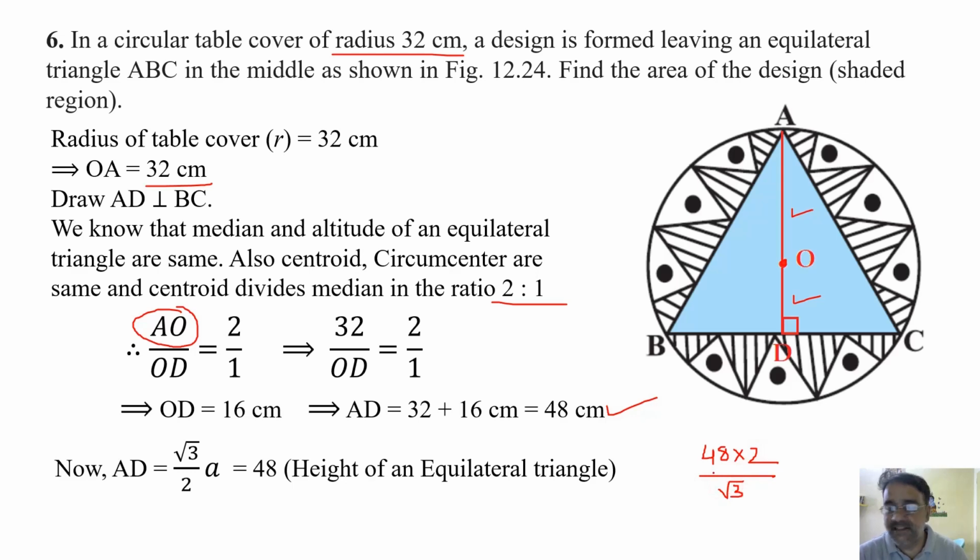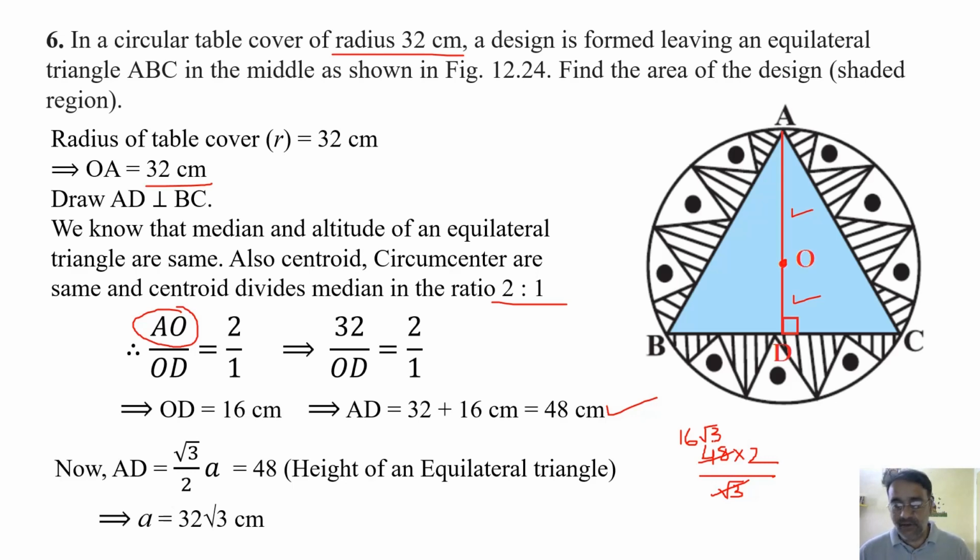ओके, 48 16 into 3 होता है. अगर हम लोग √3 से डिवाइड करेंगे तो we'll get 16 √3. So 16 √3 into 2. Otherwise you can rationalize also. ये डायरेक्ट करने का मेथड है. So we'll get a is equals to 32 √3 centimeter. ओके, सो हम लोग को जो चाहिए था वो मिल गया.